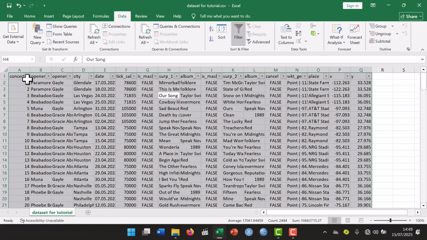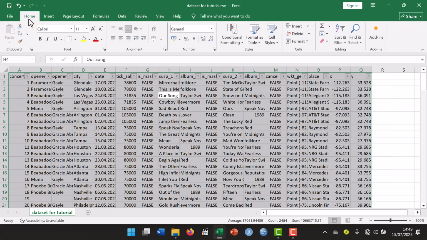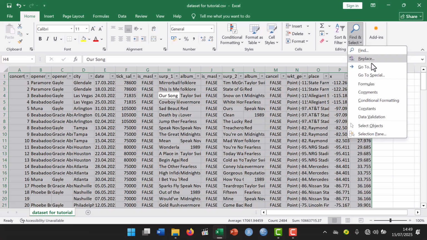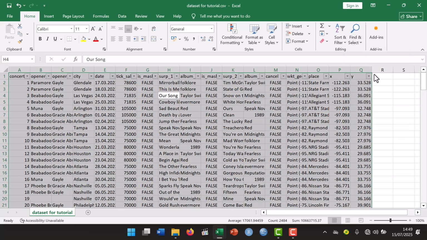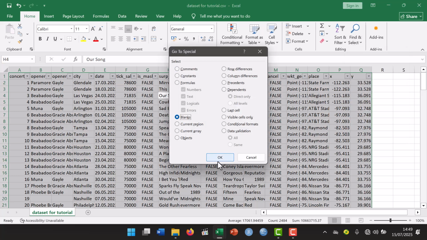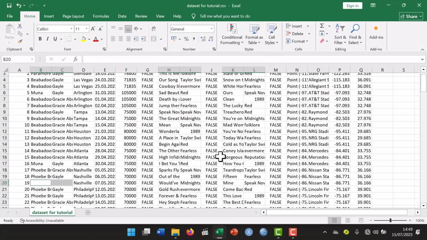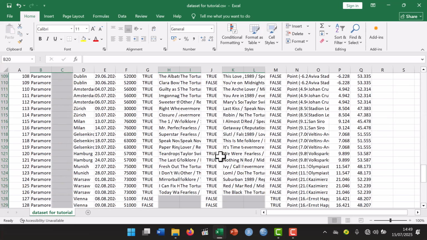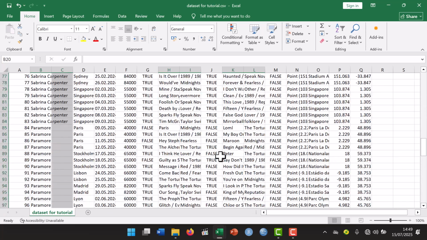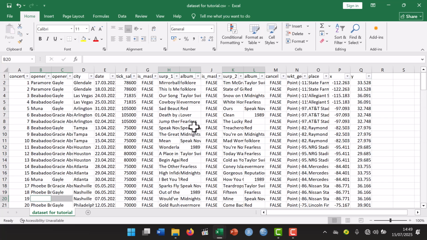Let's sort out the issue of the blank spaces in this data set. To sort this out, I need to go back to my home, then select find and select, go to special. In this dialog, I'm going to click blank option, then OK. It will highlight all the blank spaces in the data set. Let's assume I need to insert a value in these blank spaces. For instance, in my own case, I want to insert